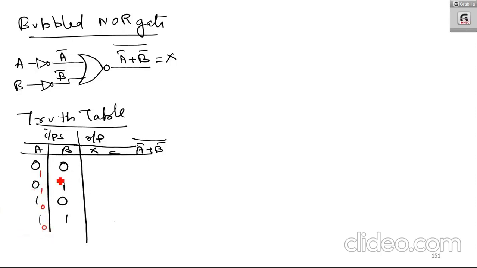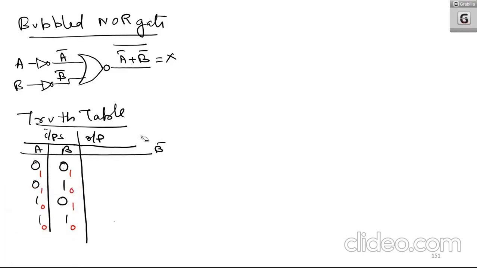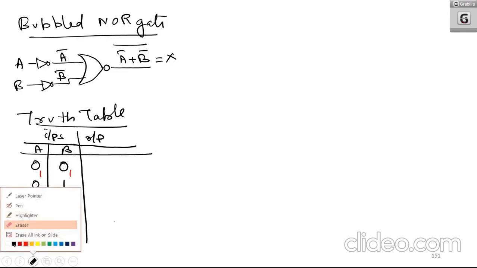That is A bar. This is 0 1 0 1 0. Okay. So for 0 the B bar is 1. So 1 0 0 1 1 0. Okay. Now first I will do one thing for your easiness. I will just erase this part. Okay. First what I will do is I am not directly going into the output part.